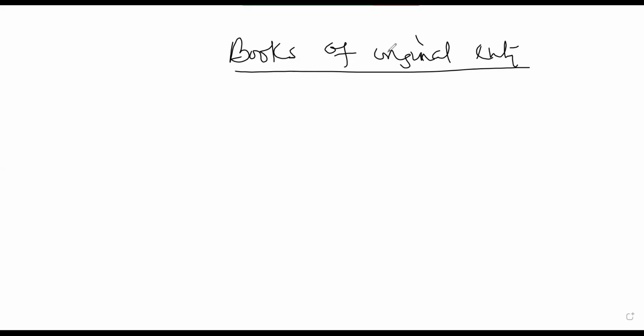So the books of original entry are the books in which the first transactions are entered, or a book that is used to summarize transactions, with the total being sent to what? To the ledger. So the books of original entry are just there to record those day-to-day transactions, and at the end of the day, we transfer the total to what? To the respective ledgers.